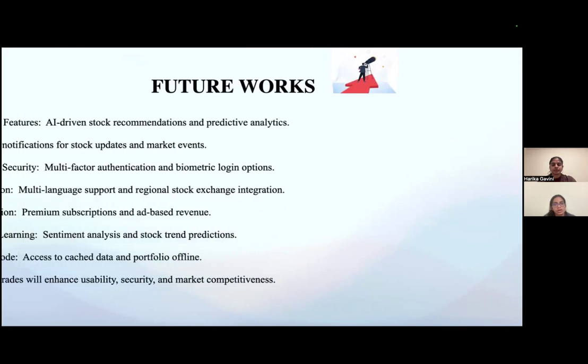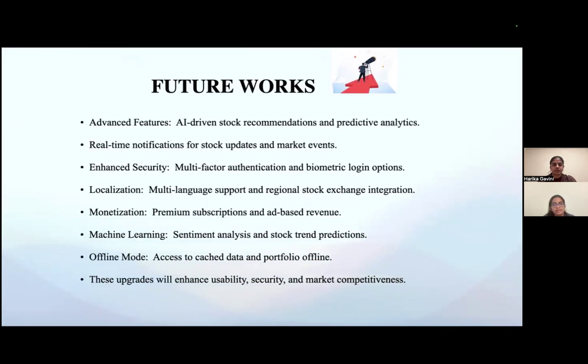We'll see the future works. So the advanced features include AI-driven stock recommendation and predictive analysis. And it can also be tuned for real-time notifications such as stock updates and market events, and enhance security with multi-factor authentication, localization so that it could support multiple platforms, multiple languages, and monetizations with premium subscriptions and ad-based